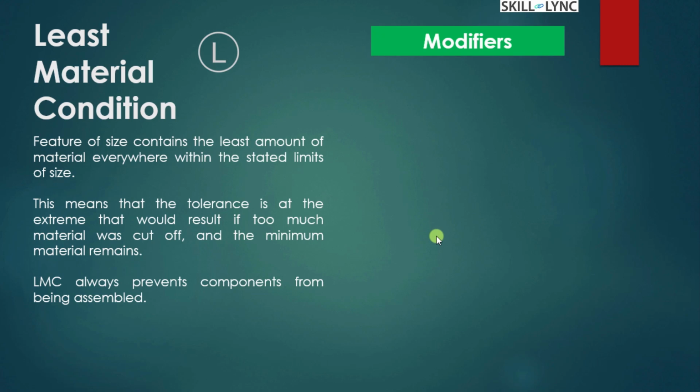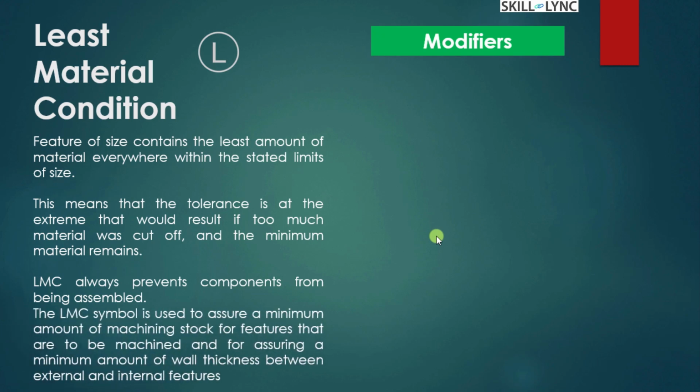So it means that if much material is cut off, then it prevents the component from being assembled. So this LMC symbol condition is always used to assure a minimum amount of machining stock that has to be retained so that it can be comfortably assembled, because beyond this the function of the components does not get satisfied. So this gives the minimum most condition so that the feature can be measured